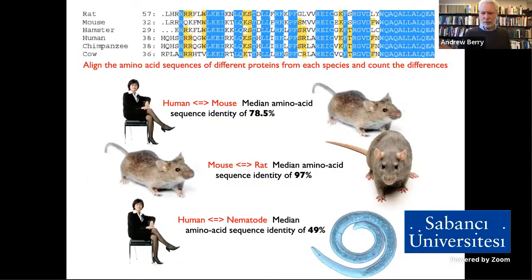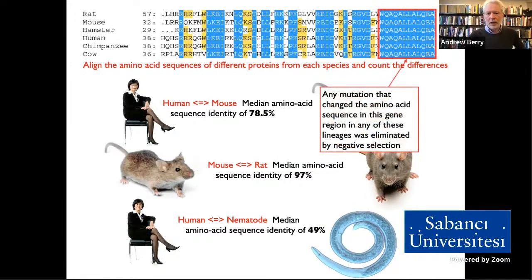We can see this when we line up proteins. If we look at the right, this is just a bunch of proteins from a bunch of mammals, okay? And this is the single letter amino acid code we're looking at here. And blue means identical across all those different species of mammal. So what I want you to look at here is this block, what is it, 15 amino acids or so?